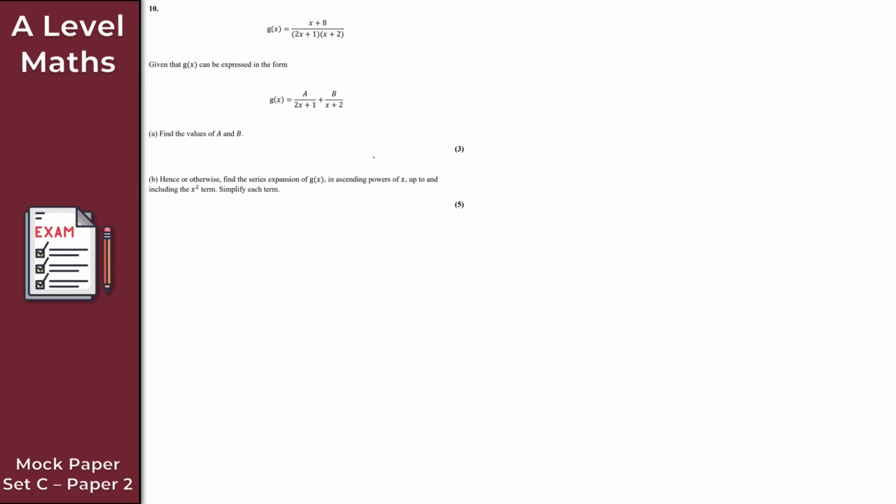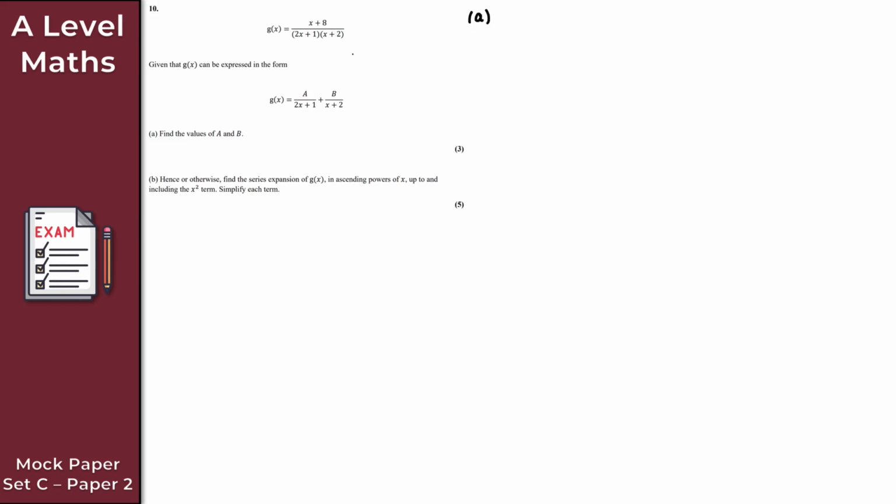Let's just have a go then at question 10 here. So for question 10, we're given this function g of x. We're also given that g of x can be expressed in this form here. So basically, this is just a partial fraction decomposition of this algebraic fraction. And for the first part of this question, part A, what we want to do is find the values of a and b. So for part A then,